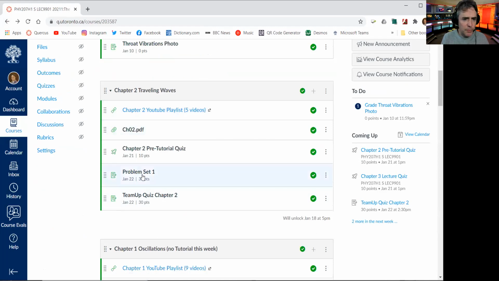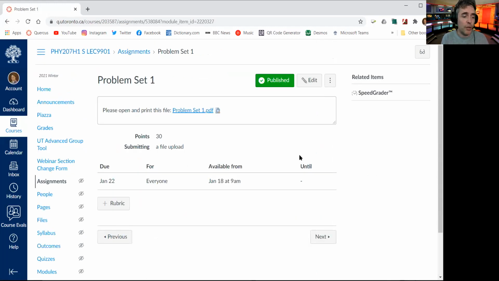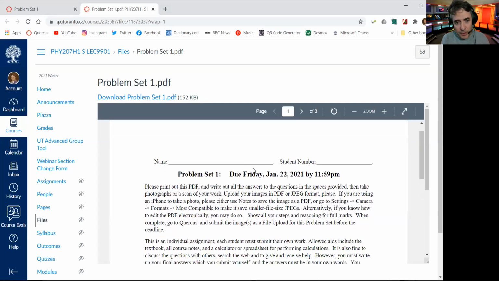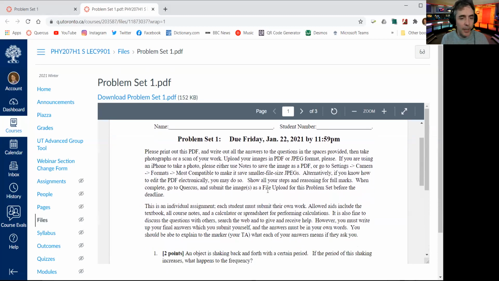Here is the first problem set, which relates to the previous 2 weeks. Problem set 1 is based on chapters 1 and 2, and it is due this Friday by 11:59 p.m. If you click on it, the idea is that you print or save this PDF, download problem set 1 onto your computer, and write the answers out on paper and submit the images.